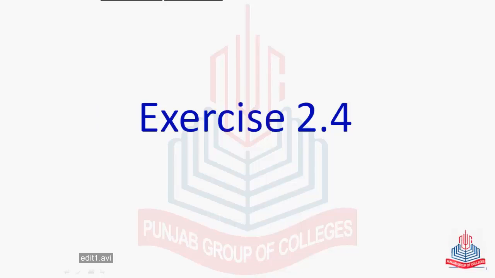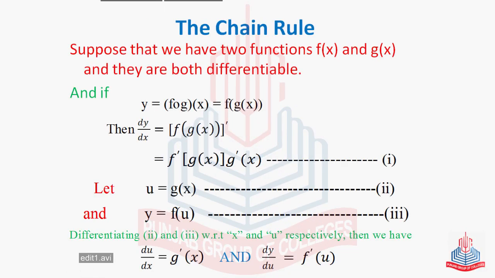Now we start exercise 2.4. Before we start the exercise, we first explain the chain rule of differentiation. Suppose that we have two functions f of x and g of x, and they are both differentiable. And if y is equal to a composite function like f of g of x, which can be written as f g of x,